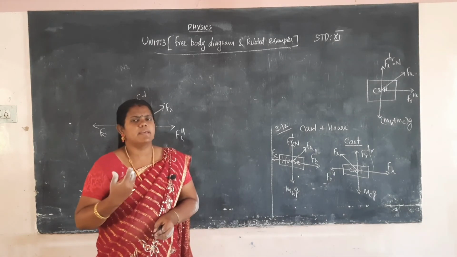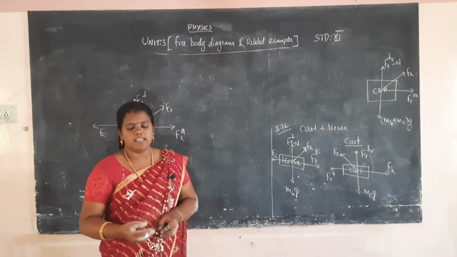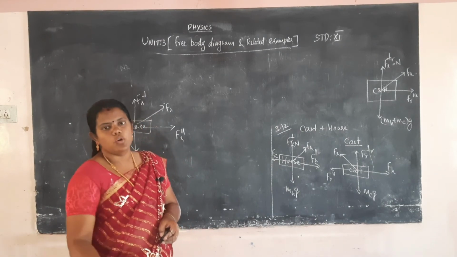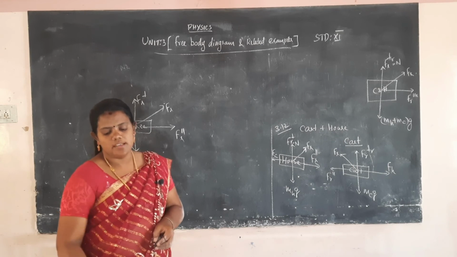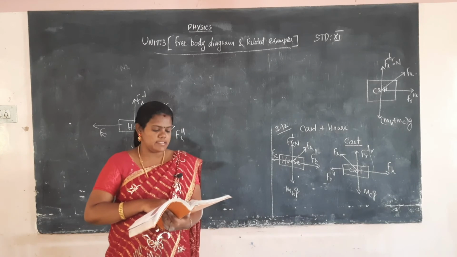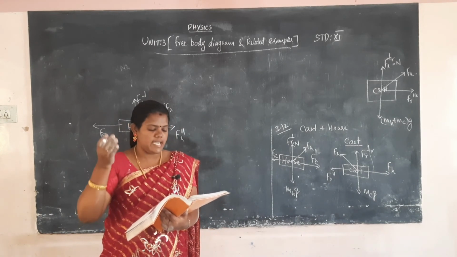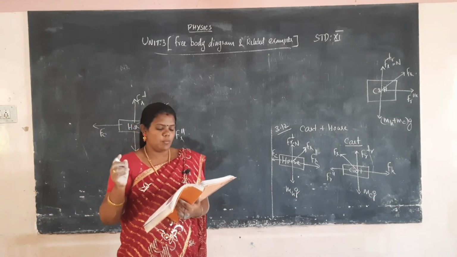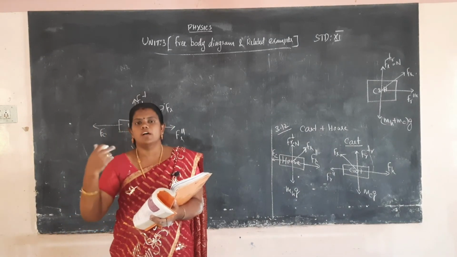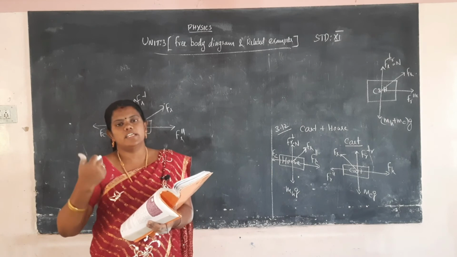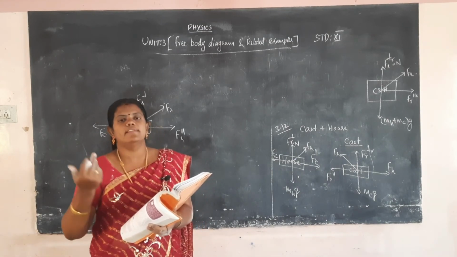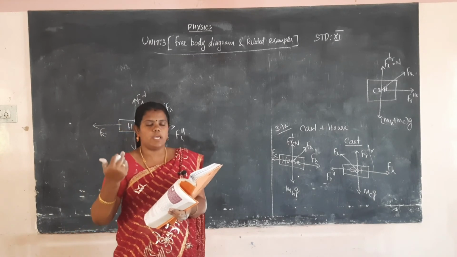Related example problems, that is 3.1. In 3.1, one book is lying on a table. The book gives a downward force, and the table applies the normal force, that is NF. That is the first problem. The second problem: the force value is given, the mass value is given, and we can easily find the acceleration. F is equal to ma, so substitute the F value and the mass value and easily find the a1 and a2 values.